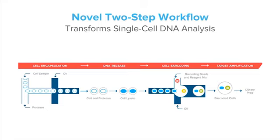Cells are first combined with a proprietary lysis reagent that contains a protease that not only effectively lyses individual cells, but is able to digest nuclear proteins such as histones that would otherwise act to sequester genomic DNA and hinder efficient downstream molecular biology. Once this protease has performed its function, it's inactivated,